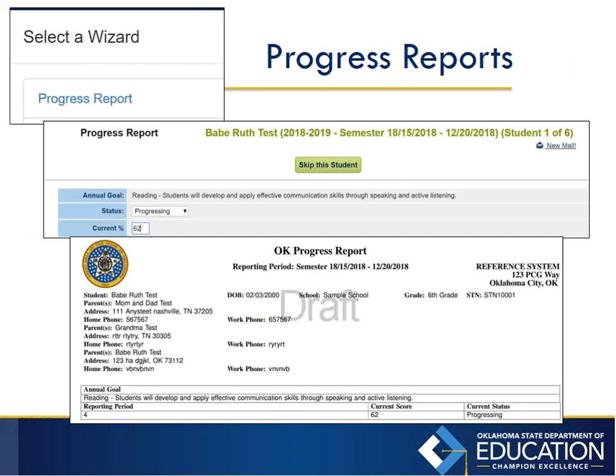Like I said, if you need help with that or you can't get it worked out, please reach out to somebody in your school and they can help guide you. If a goal has been mastered or has been unsuccessful, make sure you're having a meeting to address those and see if things need to be changed.